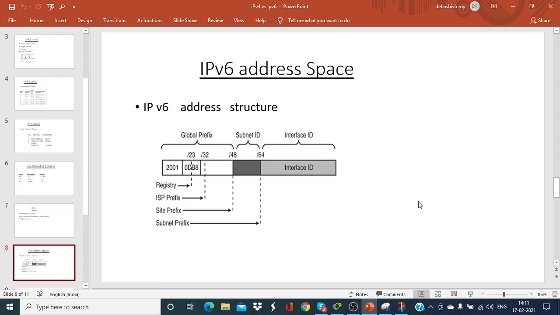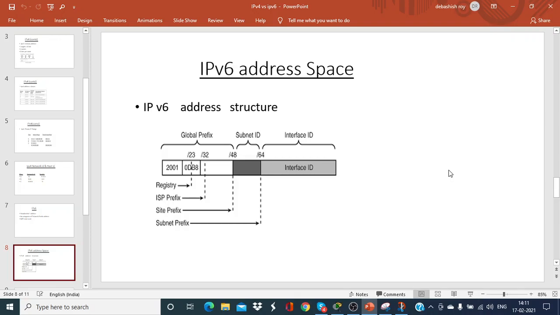Now let's come to the IPv6 address space. In case of IPv4, I talked about the 32-bit address space. Here is a 128-bit address space. Now see, in case of an IPv6 address, say this address starts with 2001, 0db8, you can start with any hex digit. Now 64, 64, these are the two parts. So this first 64 bits is the network part, and the second 64 bits is the interface ID